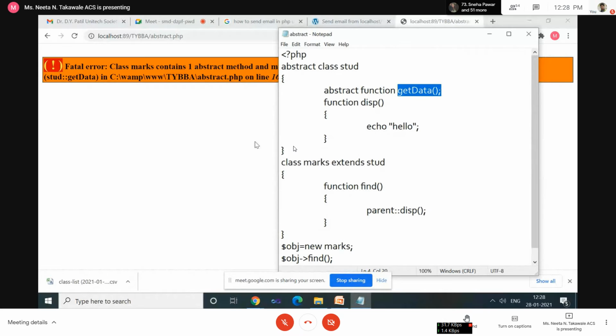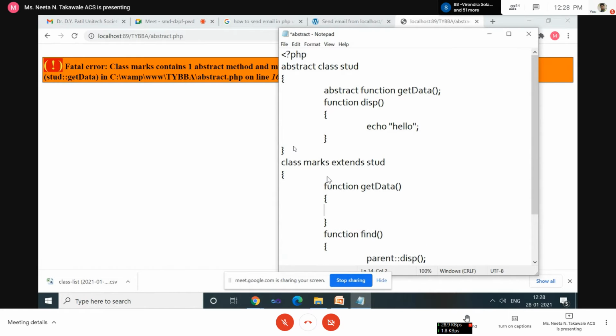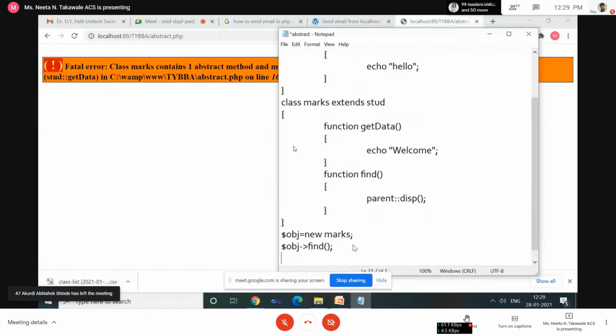Yes, ma'am. Now here I'm implementing this get data method. How to implement? Function, the name of the method, okay. And you can add anything. And here you can call it using the object.